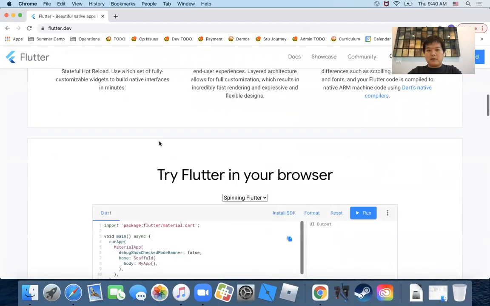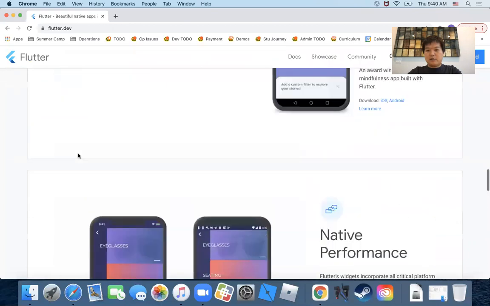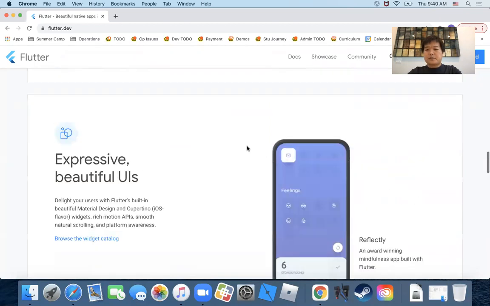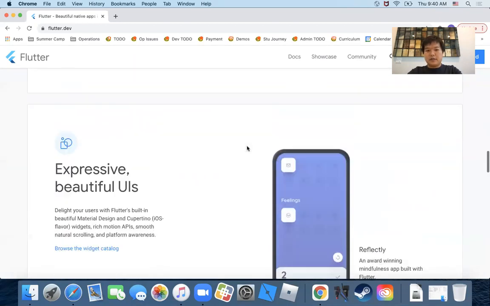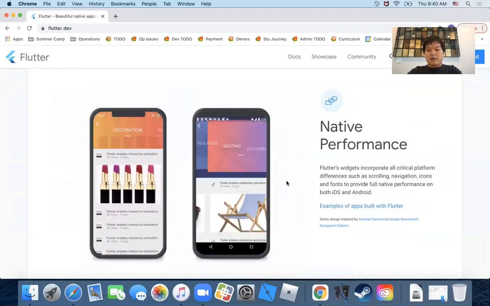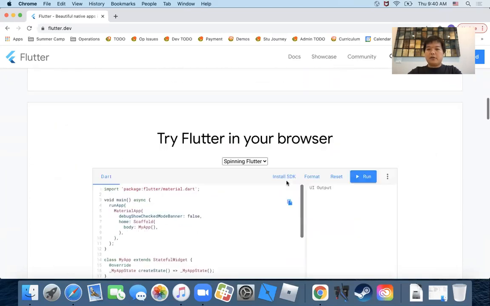All right, so let's talk about the development setup. As you can see, there is a lot of good introduction about this. This is the kind of app you can even make. You can look at the experience for Flutter. It's very nice. It's almost like a native app. You can tell this is done from a third-party framework for Android and iOS. All right, anyway, so we're talking about